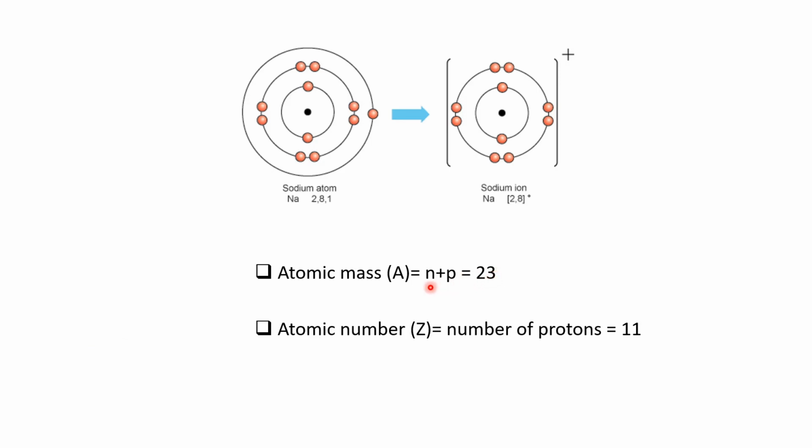So if we assume that the number of neutrons is the same as the number of protons, the answer here would have to be 22, because 11 plus 11 is 22, but here the answer is 23. Why? Because the number of neutrons here is 12. As I said, the number of neutrons and protons are not the same every time, but sometimes yes. I hope that atomic mass number, atomic number, electronic configuration, every part is clear to you all. Now let's go with some more concepts related to an atom.